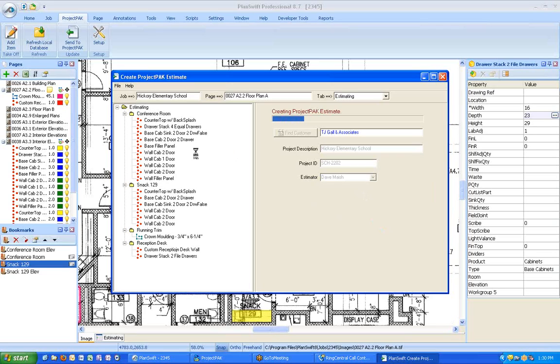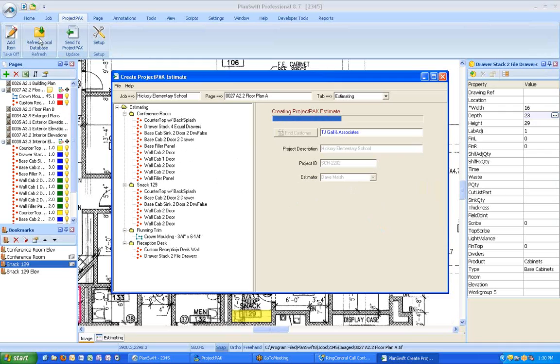So it's taking these more simplistic objects, pulling them in, creating your estimate in the same tree structure, only now, once we get in there, it's going to add in all the attributes, the quantities, and put material and labor and all your numbers to it, so you have a real quote with real numbers. Like I say, in a few moments here, it'll create it, and then we'll open it up in ProjectPAK. While it's doing that,